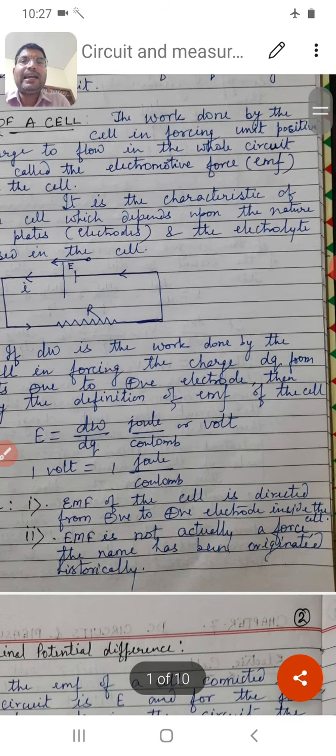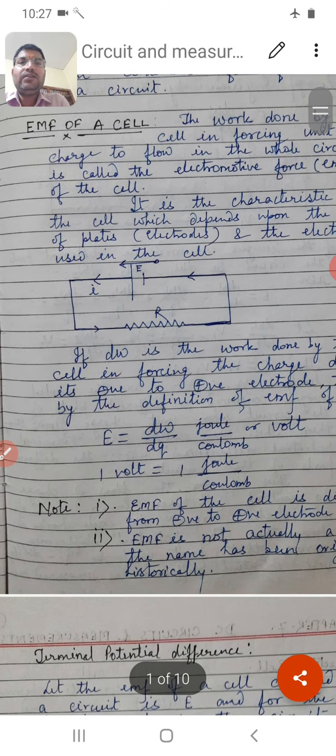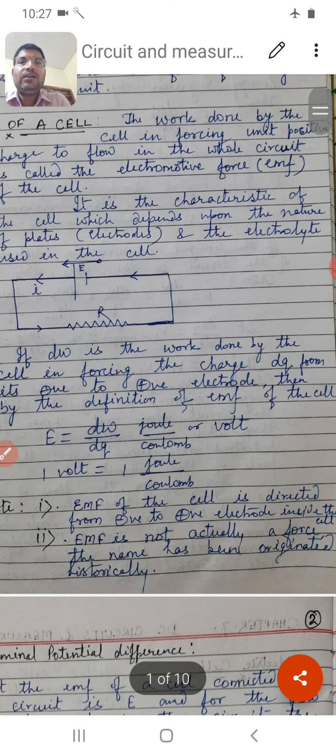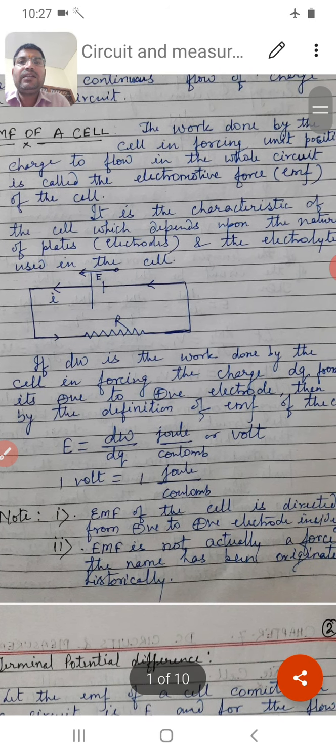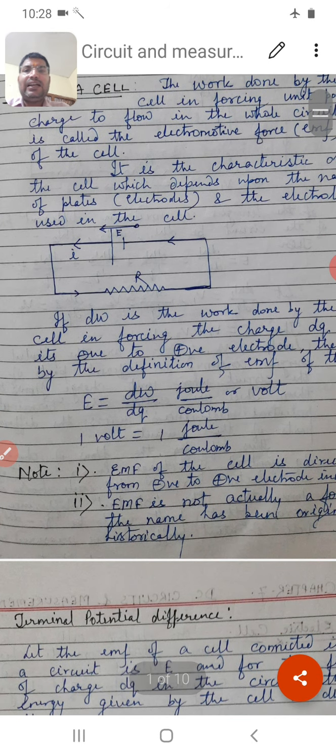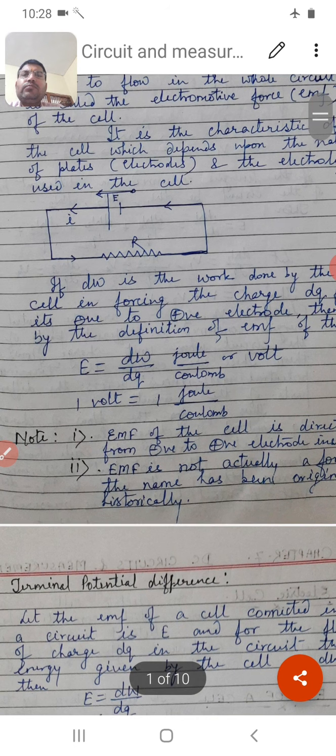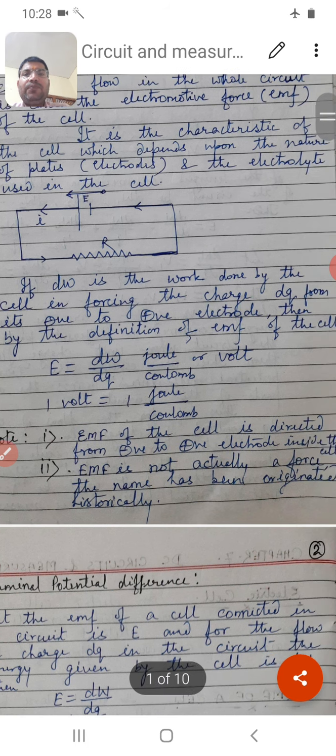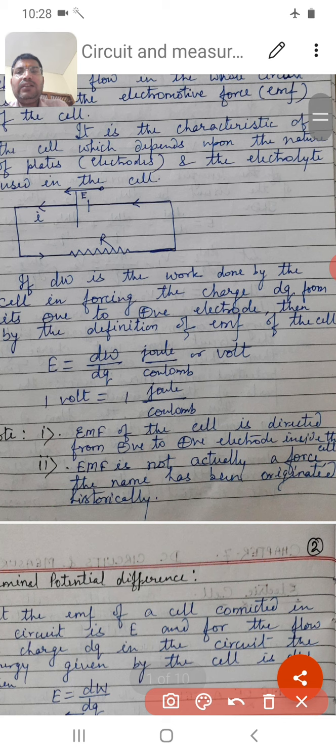Actually, it is the characteristic of this cell which depends upon the nature of the plates, that is electrodes, and the electrolyte used in this cell. Means, if dW is the work done in circulating dQ charge throughout the circuit including the cell, in that condition,